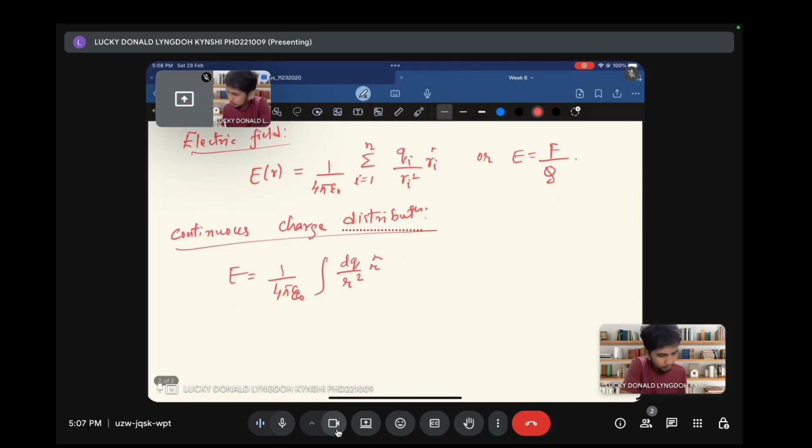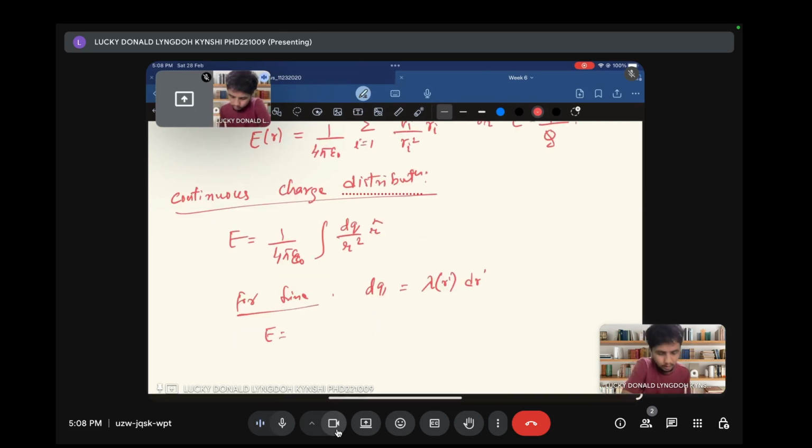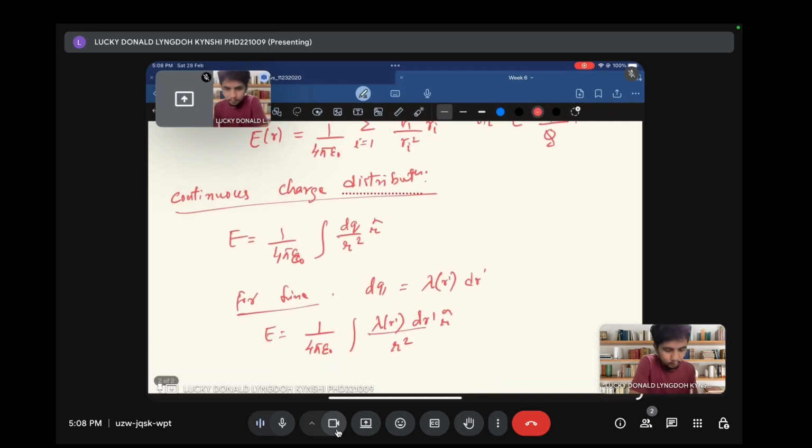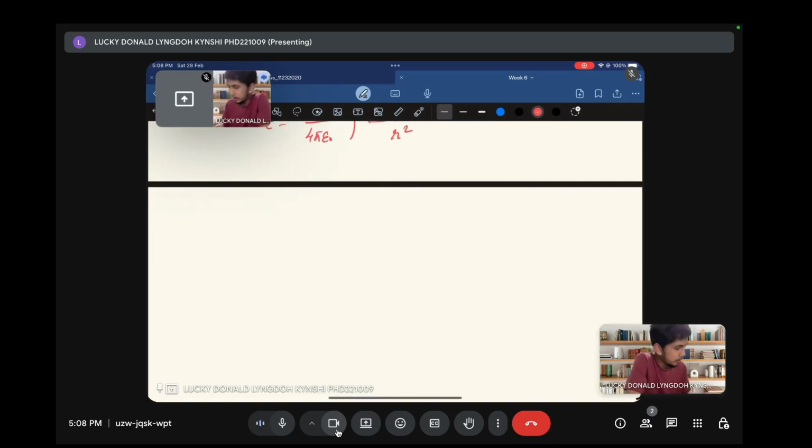This dq, for let's say a line charge, is equal to lambda, which is a function of r prime, dr prime. So for a continuous charge distribution, the electric field is 1 by 4 pi epsilon naught, integral of lambda dr prime divided by r squared, r cap. You just need to replace the charge dq by your term lambda dr prime. Similarly,